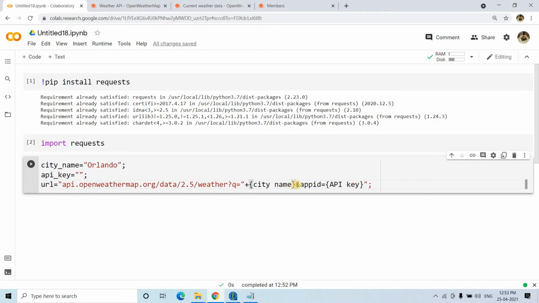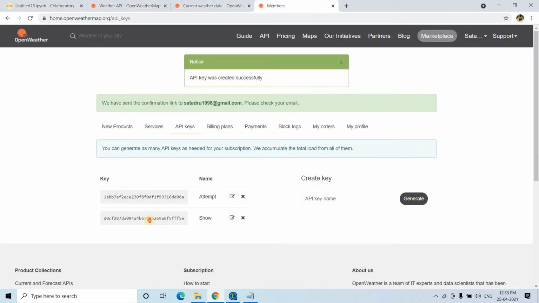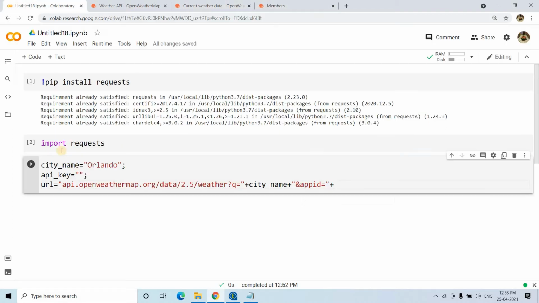So here we can write plus, and then city name, then again plus, then up to appid we can keep inside quotation, then plus API key we have to provide, which we have generated. So this API key we have generated, we are going to use this one. Just paste that, that's it. And here we are providing our API key. So our URL is created.